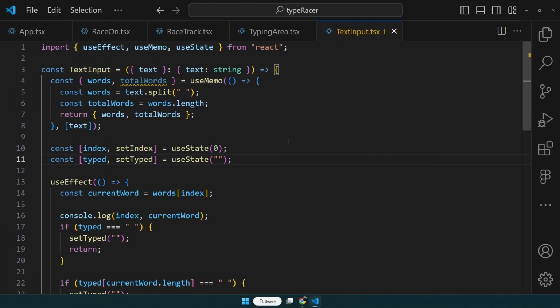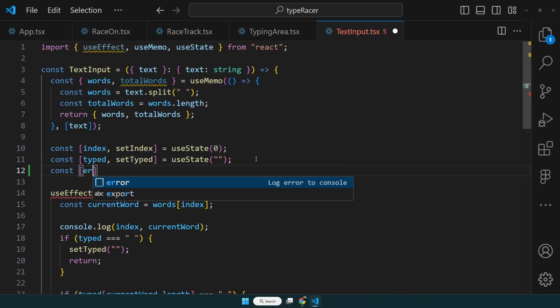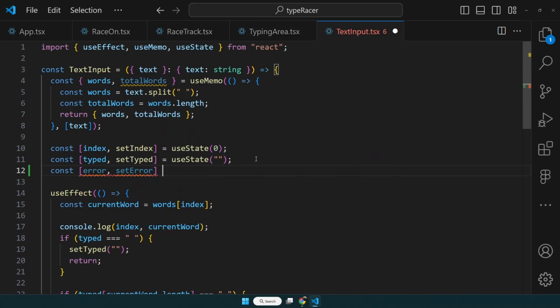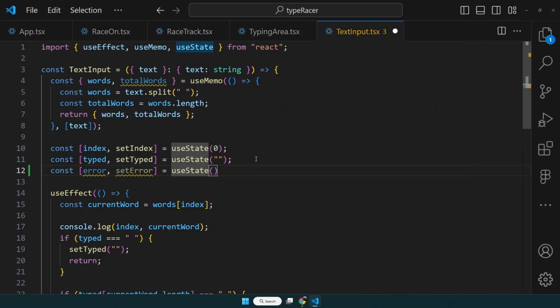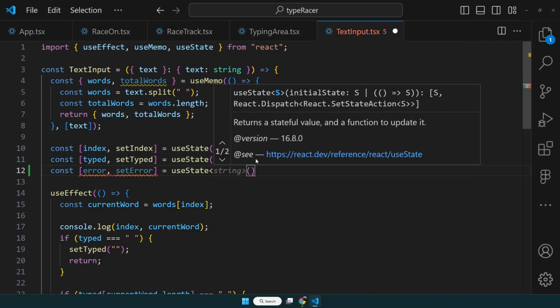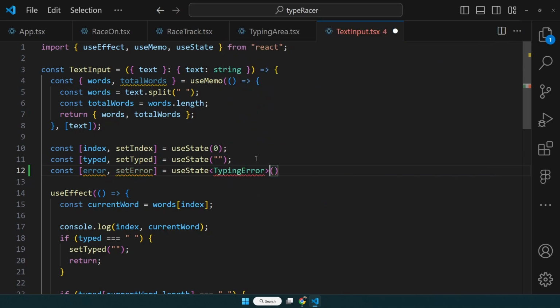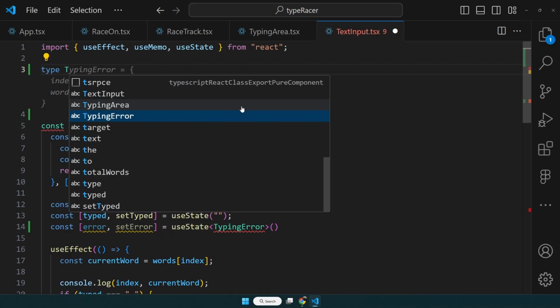Back to this text input component, here we need to add another state to handle our error. So here we will say const error, setError, and this will be equals to useState, and this useState error will be typing error. Okay, now we need to create this typing error. So let's go to the top here and we will say typing error